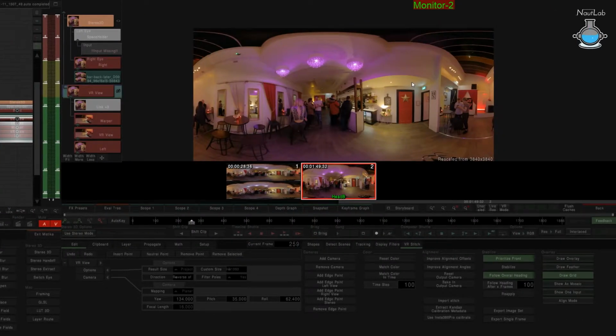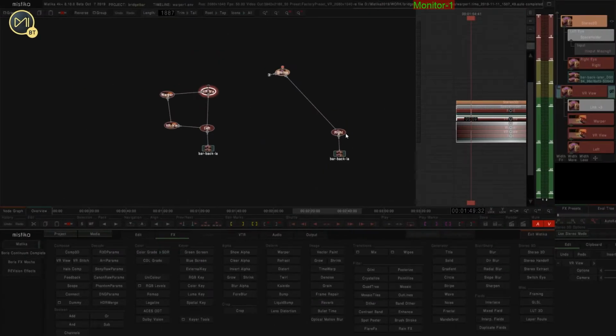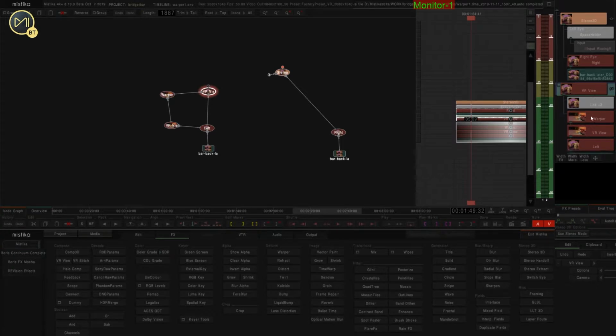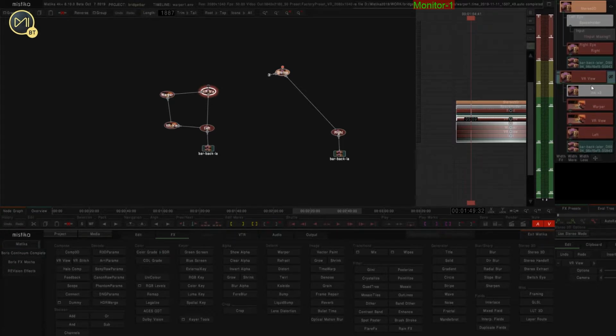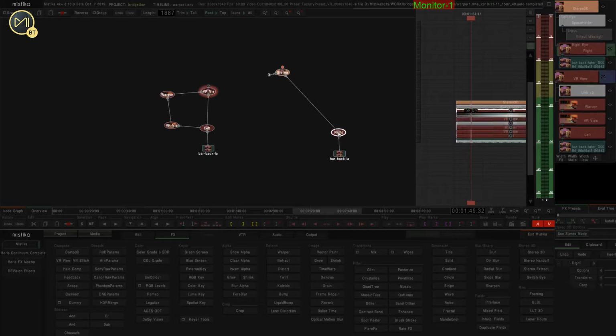That's laid in, but what we're still going to have is the risk of this ceiling now being different from the right. So let's just have a look at that. The one that we've just fixed is this VR view, and we want to have a look at what is over here on the right and on the left. It's not too bad, but what we can do is actually use what we've already got here,